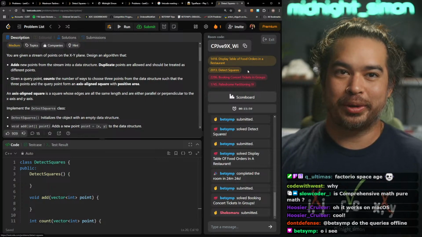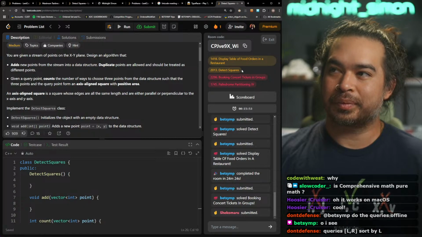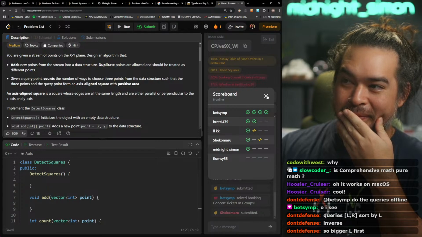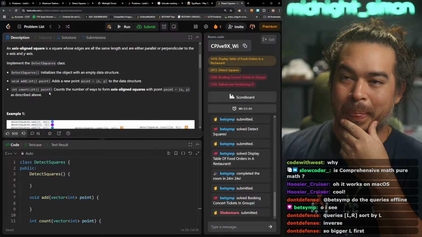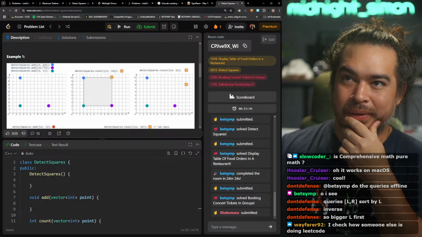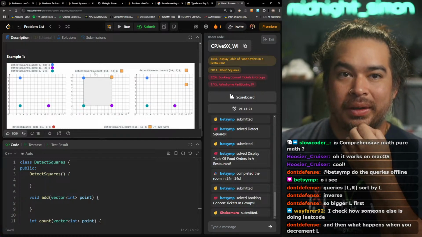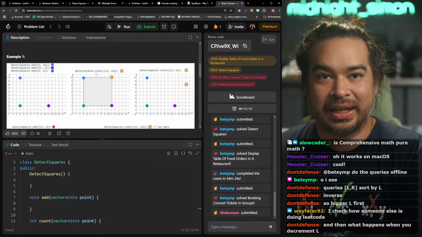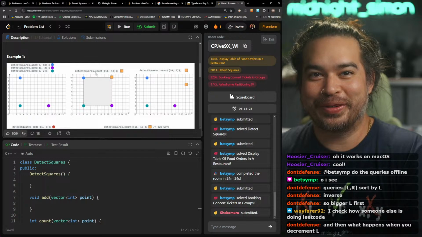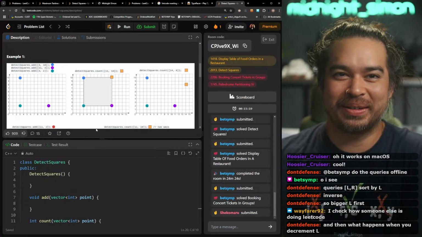Or you do a different problem. All right, I'll think. So, wafer92: I check how someone else is doing LeetCode. Wait, oh, when you don't want to do LeetCode, you check someone else. Yeah, I guess that's what I do sometimes, man.